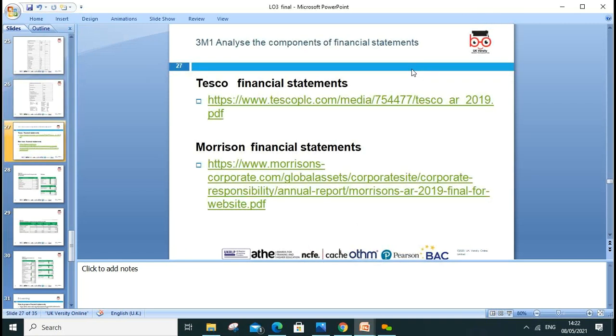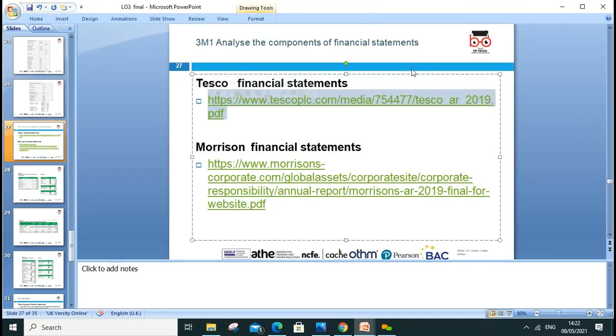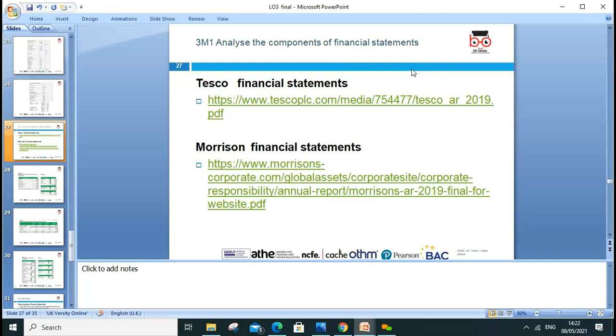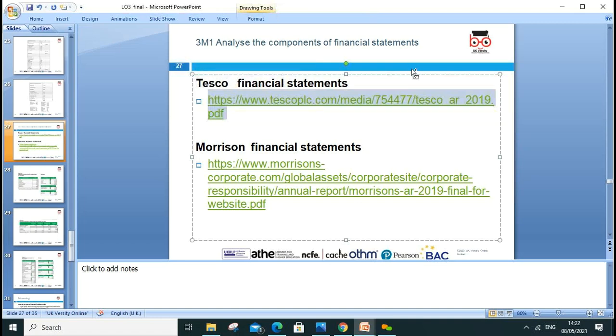I copied the link here. Next, 3.1, analyze the components. So different components, of course: if you look at the profit and loss, if you look at the balance sheet, we have non-current assets, current assets. These are all the components. So I copied the link. Please, in your own time, review these statements to look at how this affects things and what has happened over the last 2 years, the statement of financial position and the other statements. So we can copy this link